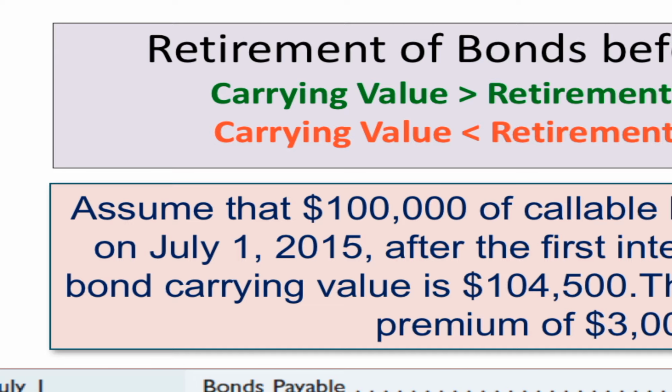If you retire bonds before they're fully matured, we haven't really talked about this a lot, but sometimes that's a provision on the bond note itself. It says, hey, if we don't want to pay you interest for 20 years and we have the cash to do it, at any point during this period, we can pay you back your principal and say we're done. Okay?